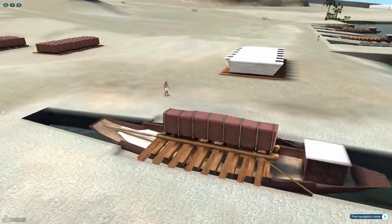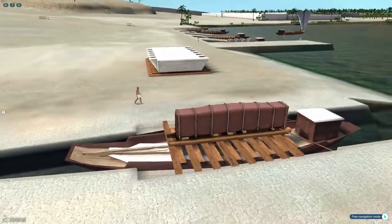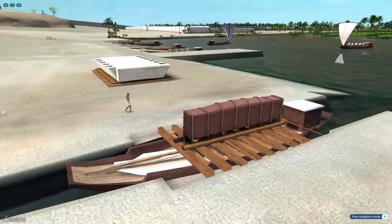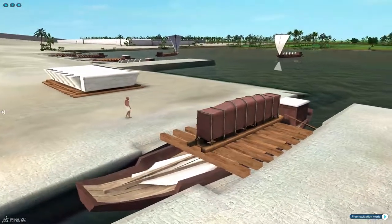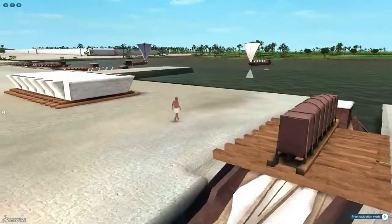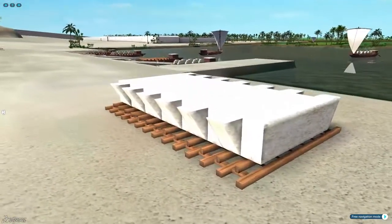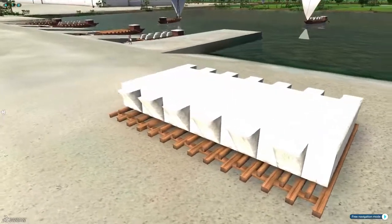These beams were ordered right at the start of construction and will not be installed until 14 years later. Extraordinary proof of anticipation and planning. You can see now the limestone rafters from Tura that will top various chambers in the pyramid. This very beautiful, fine white limestone will also